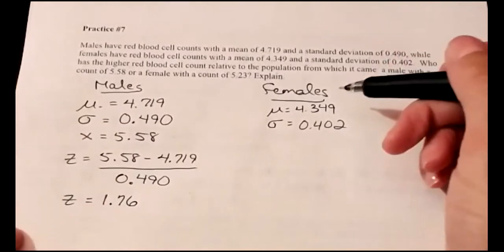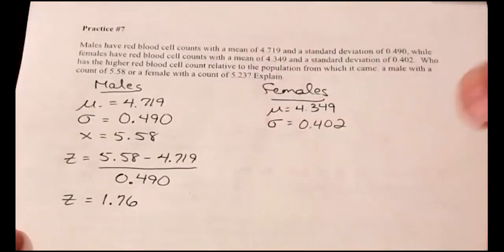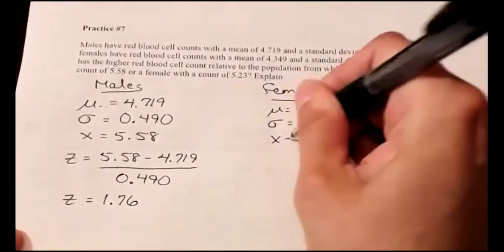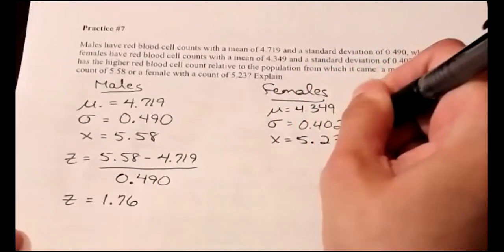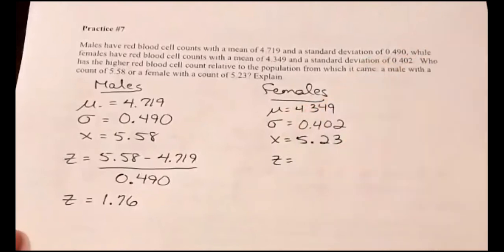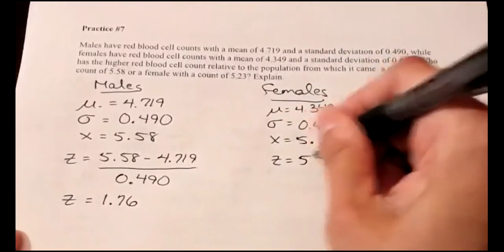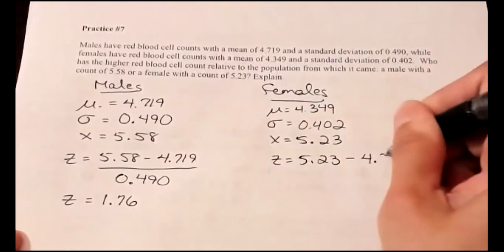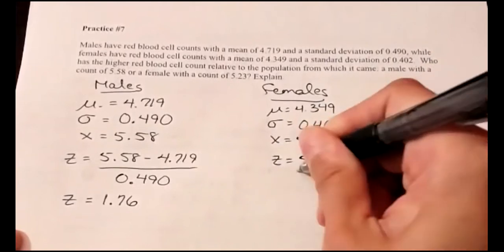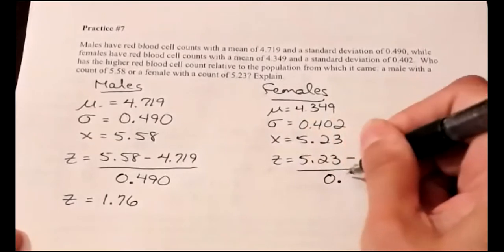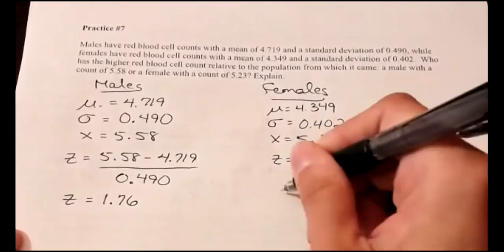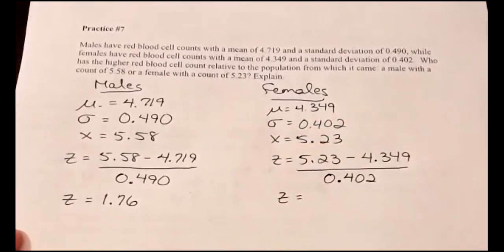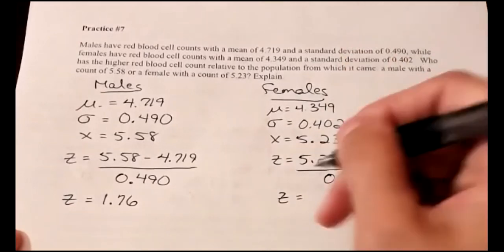For the females, we had a female with a count of 5.23. So that represents the raw data value. Again, let's calculate her Z-score. We have 5.23, the raw data value, minus the mean, which is 4.349, divided by the standard deviation, which is 0.402. Punch this into your calculator, and you'll find that that female has a Z-score of